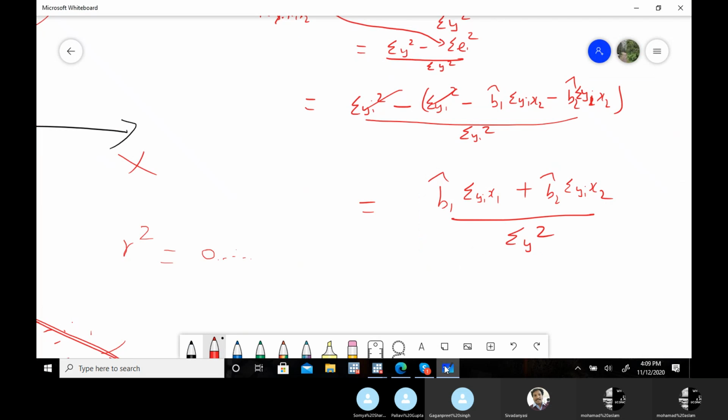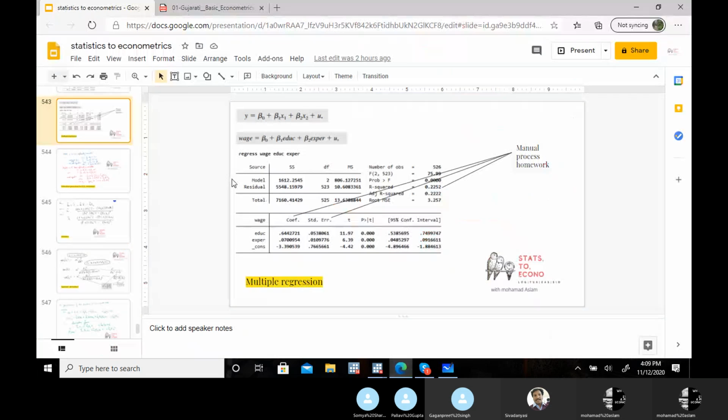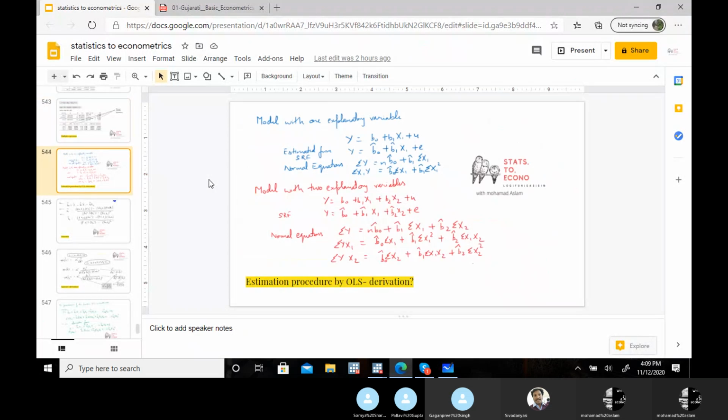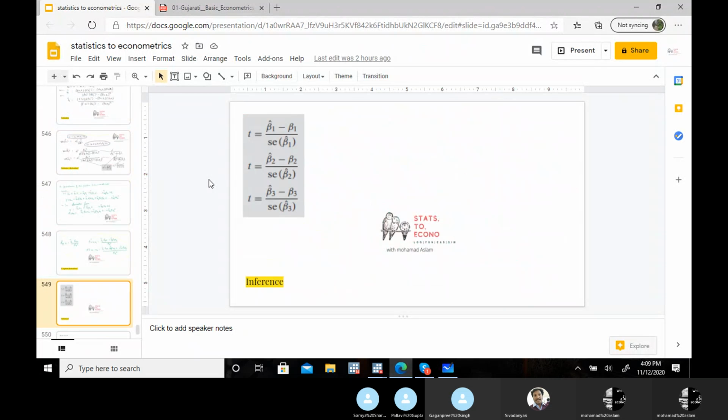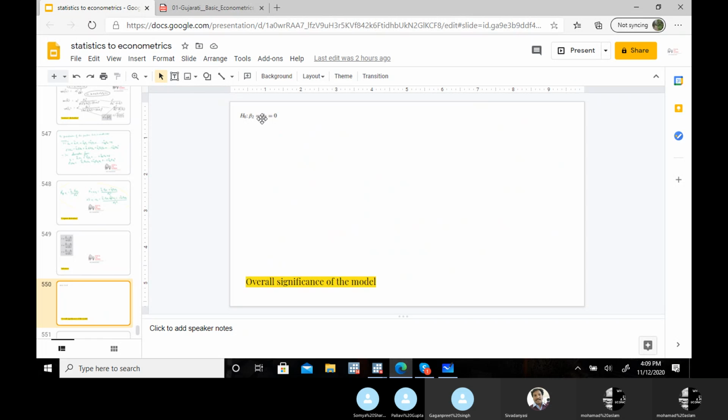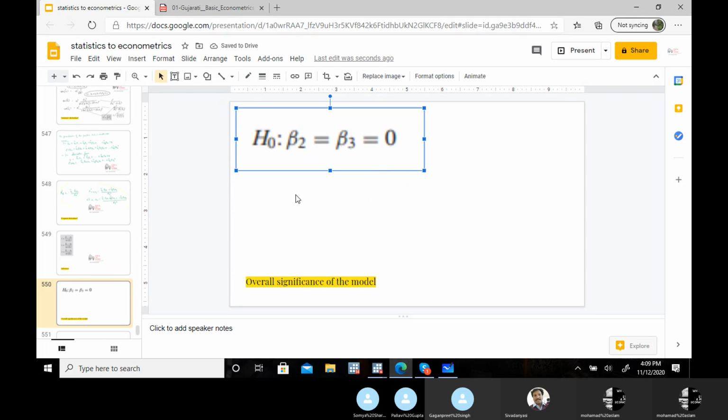just keep in mind this thing. R square is explained variation upon total variation, right? Now come to this F part, where we have to see the overall significance of the model. Okay, this small single equation, if you can see that. Let's suppose here we only have two independent variables, x1, x2, and their slope coefficients are beta 2, beta 3, or beta 1, beta 2. Now our null hypothesis is that jointly their contribution is zero, meaning these are not explaining any changes in the dependent variable. Or just one